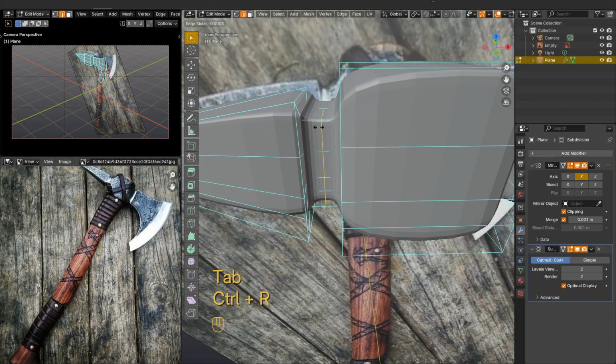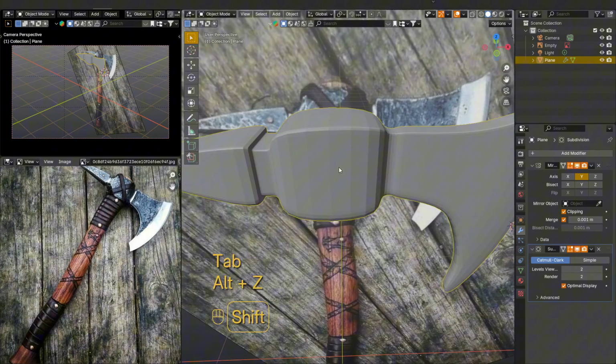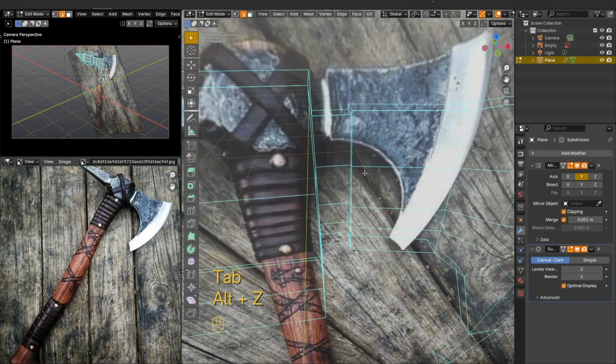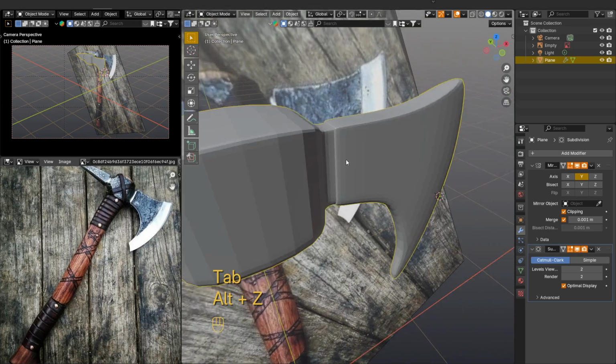For example, in this transition we can press Ctrl R to add one edge loop, and then with the Alt key pressed select the edges, press Ctrl B and slowly drag to the side. If necessary we can press Shift for increased control. Thus we apply a bevel, and with the mouse wheel we control the number of divisions. On the other side of the transition we also add a bevel.